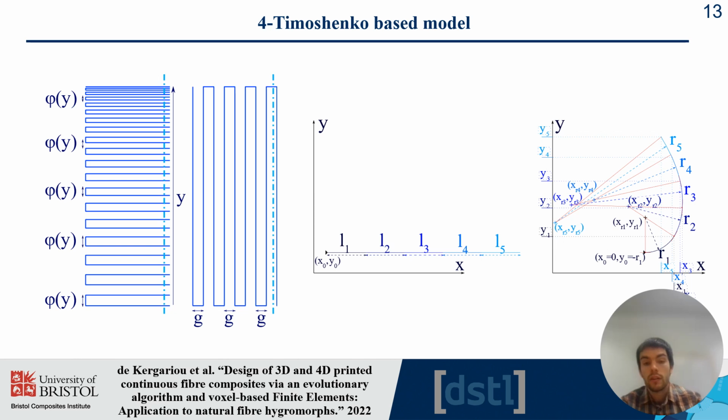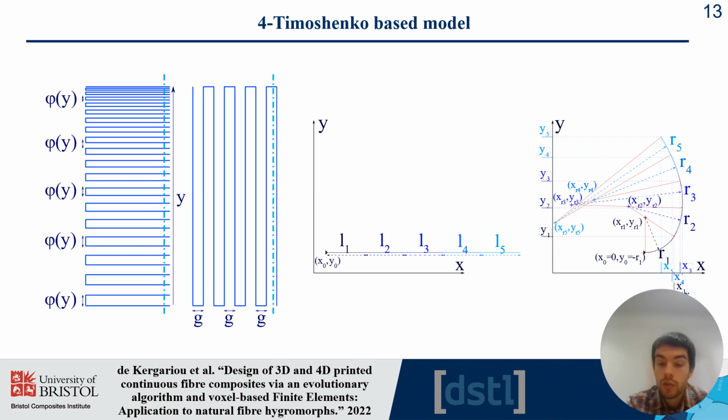So basically you have the G-code that you can find on the left side of the slide, and then on the transverse part you divide it into 5 different sections, which you can see on the right part of the screen. These 5 different sections have different properties, and these different properties are used in Timoshenko equations, and these Timoshenko equations are assembled together in order to obtain a more complex geometry. And we compared that kind of system to the model that we created based on the pixel images of